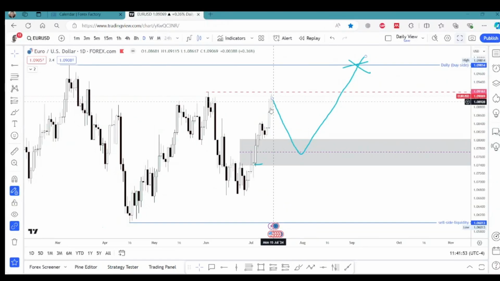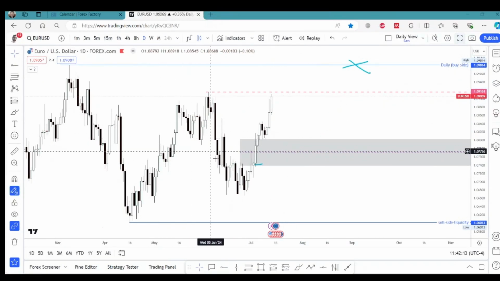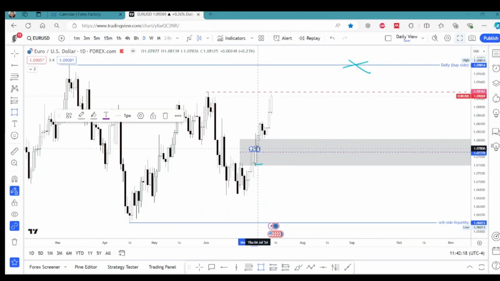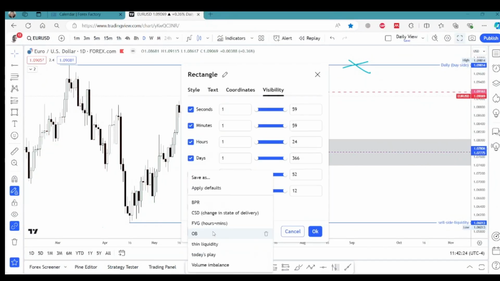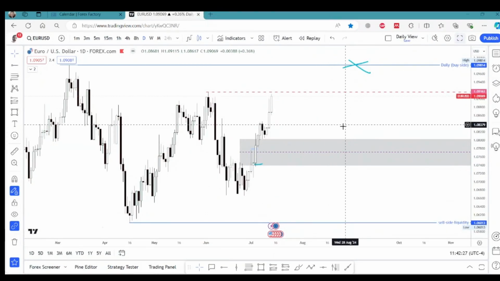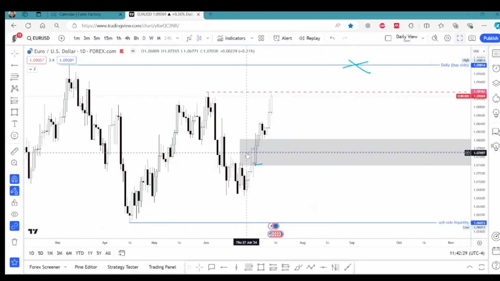Once that's done, I want to see some sort of reversal pattern, and I want the price to come down. And once it comes down, I want the price to tap this weekly fair value gap one more time. Let me do one more thing. Let me try to delineate the middle point, the area that I think is a daily fair value gap within this weekly fair value gap. So let me try to mark that.